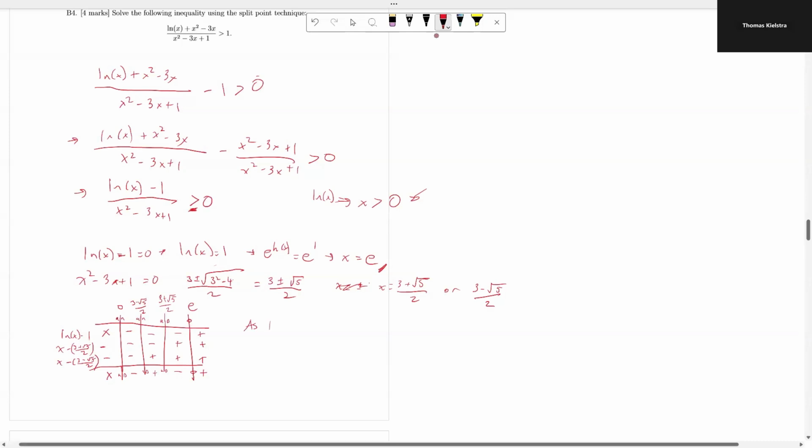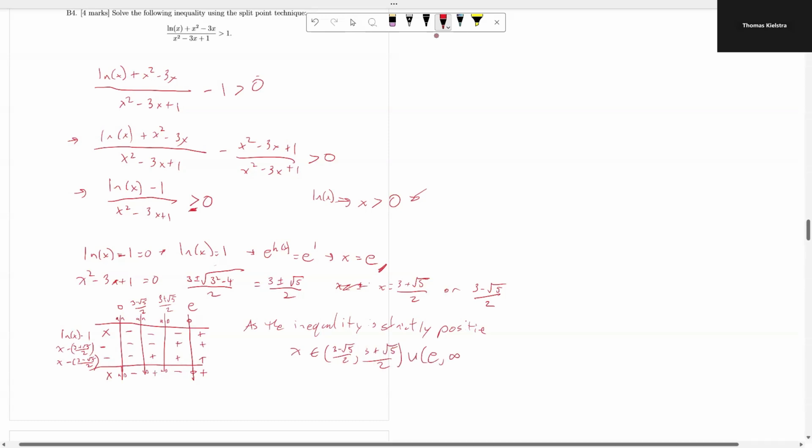So as the inequality is strictly positive, x is in the interval 3 minus root 5 over 2 to 3 plus root 5 over 2, union with